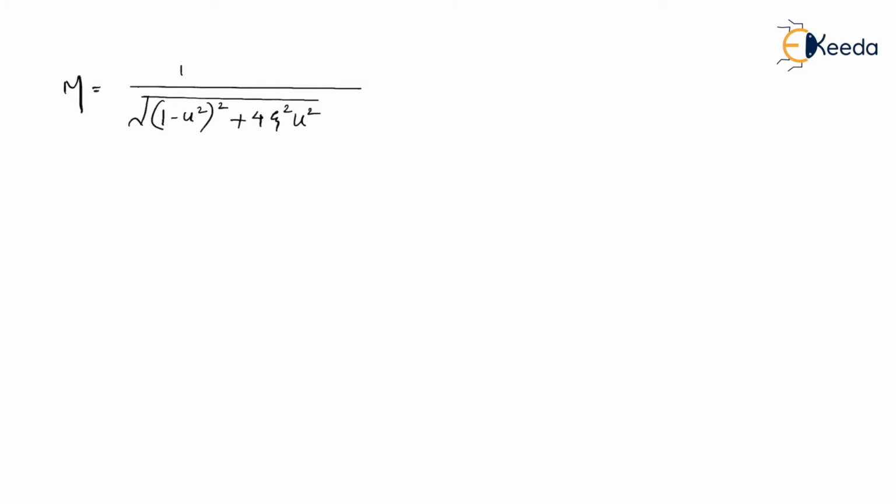What I'm actually going to do is see how this magnitude is changing with respect to u. For example, let me assume that u equal to 0, thereafter I'll take u equal to 1, and so on. I'll go up to u tending to infinity. So for every possible u, I will be calculating the respective value of M. Meanwhile, we will assume the value of zeta, let's say varying between 0 and 1. And if you remember, this is what we called the underdamped case.